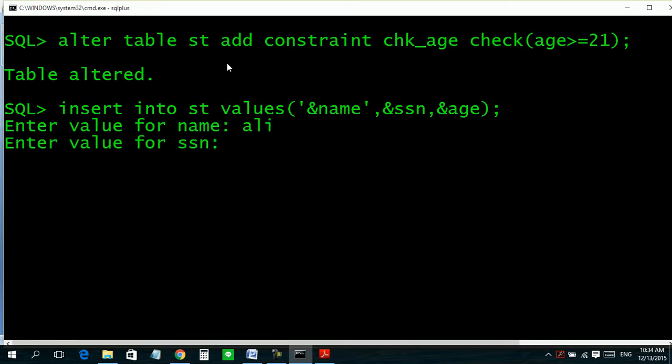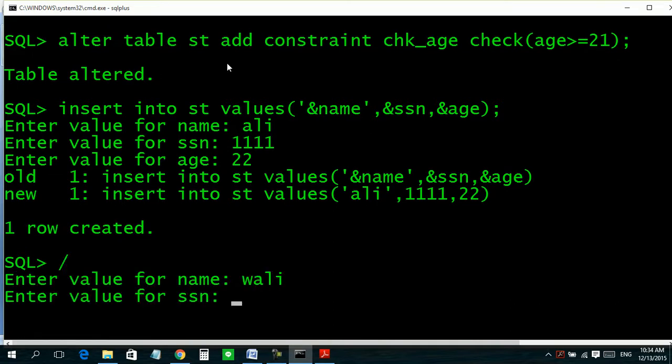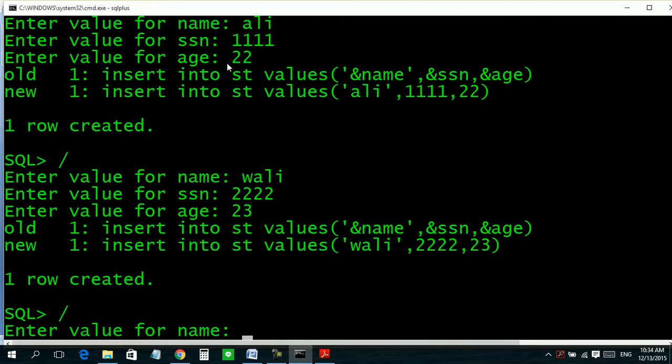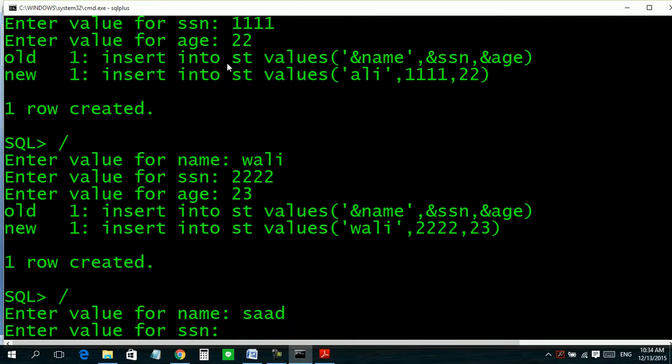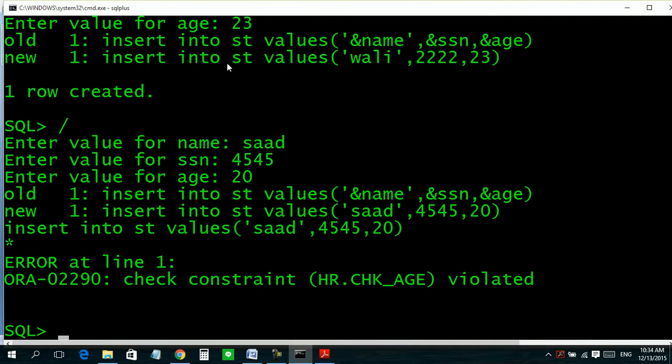Name is Ali, ssn is 111, age is 22. Okay, it has taken. Again, name is Wali, ssn 222, age is 23. Yes, it has taken. Now see again, name is Saad, ssn is 4545, age is 20. Let us see what happens. No, it's not going to take it.